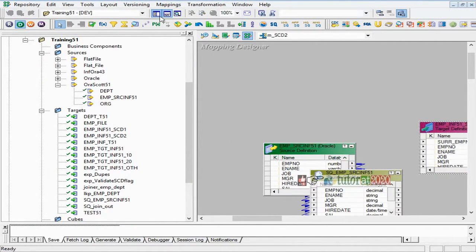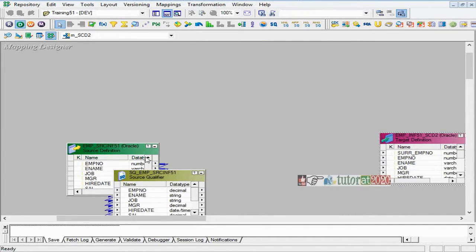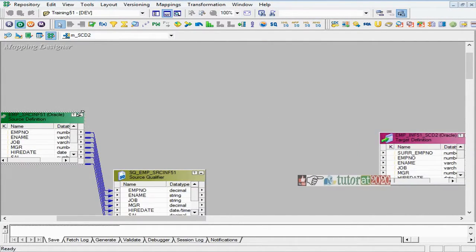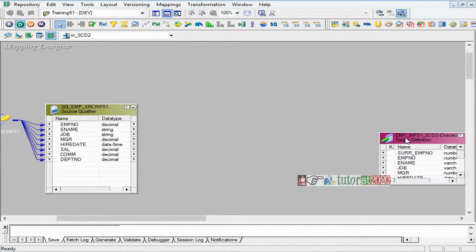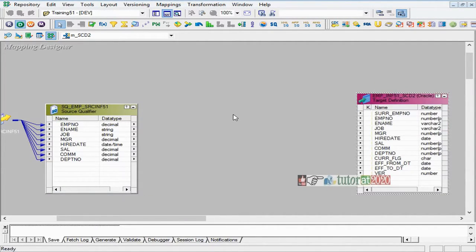This data I want to load into this target in a slowly changing dimension type 2 method. So every day your data will keep coming to the source qualifier, and then you have to read and then load into target. So first of all, what is it that we need to do?